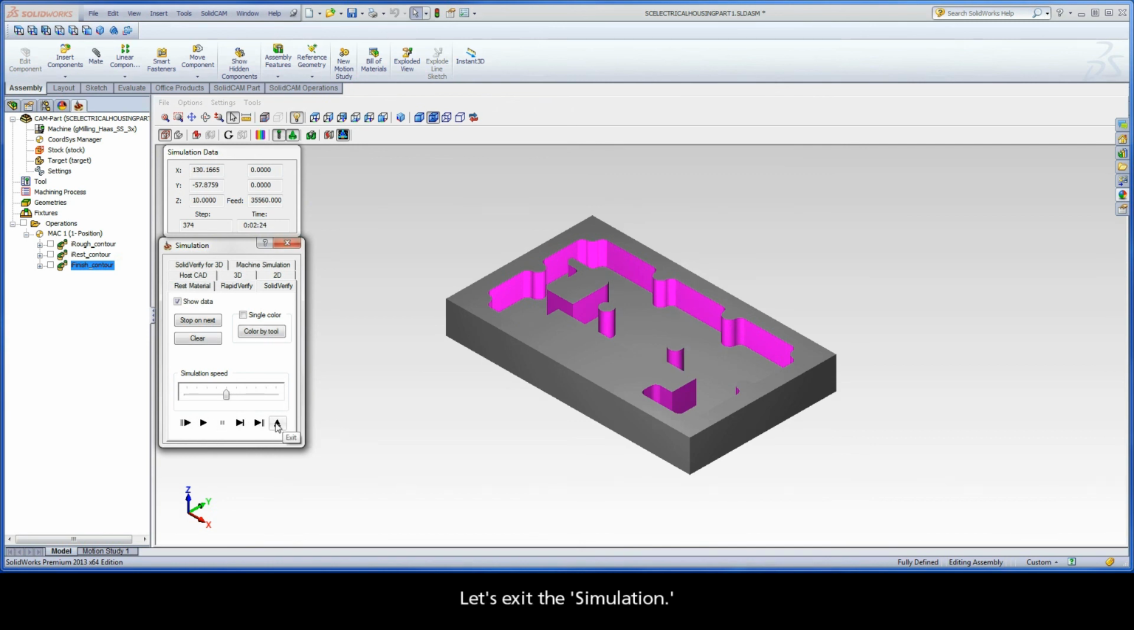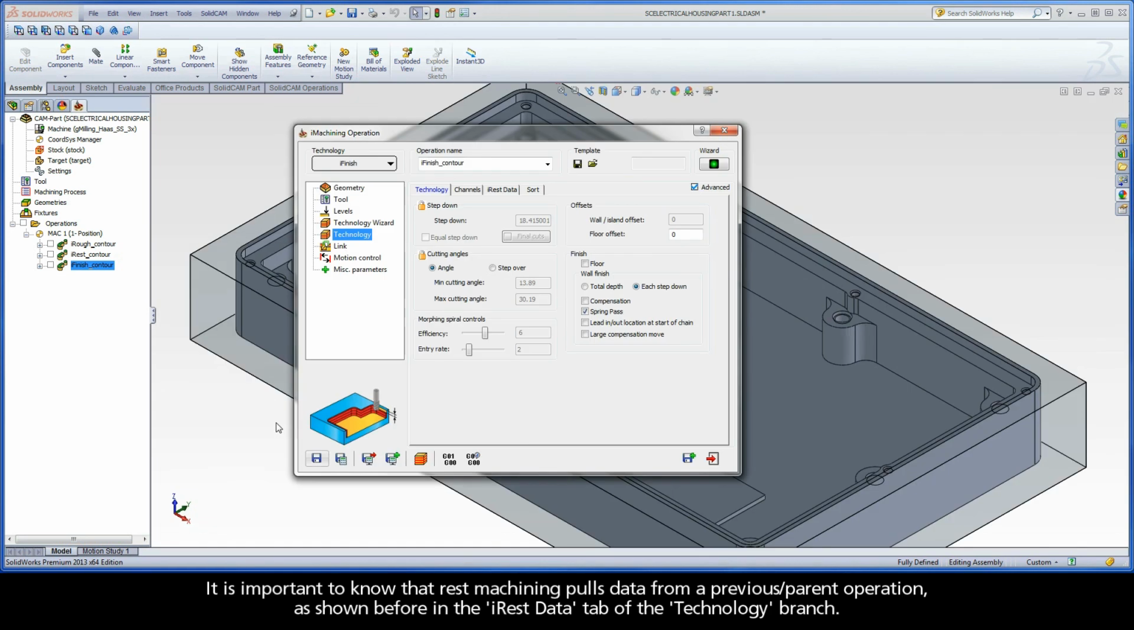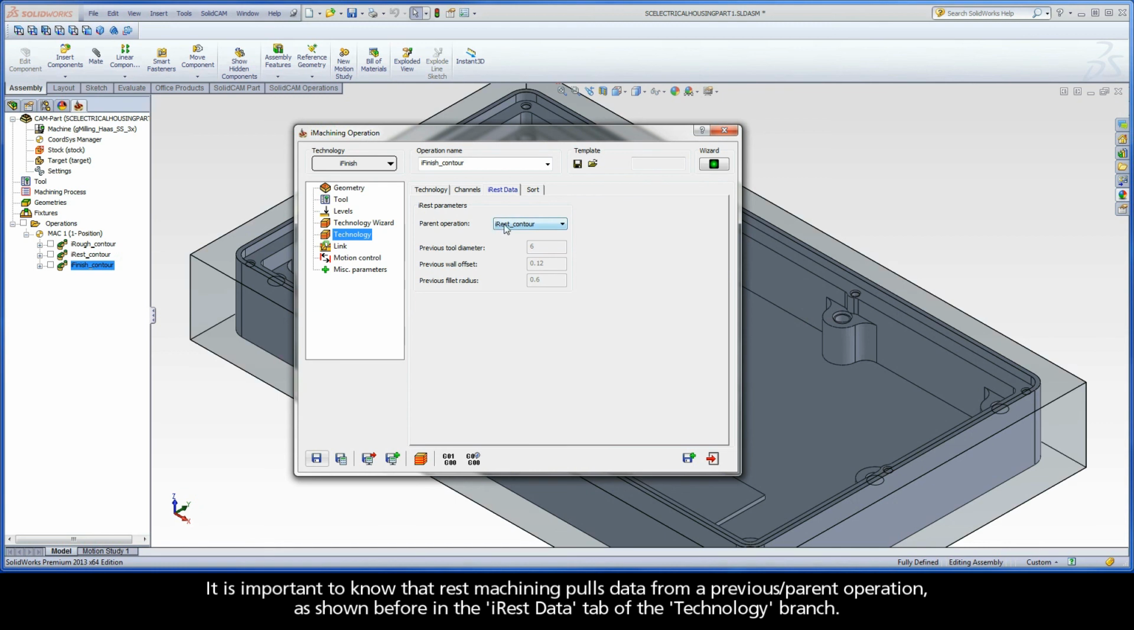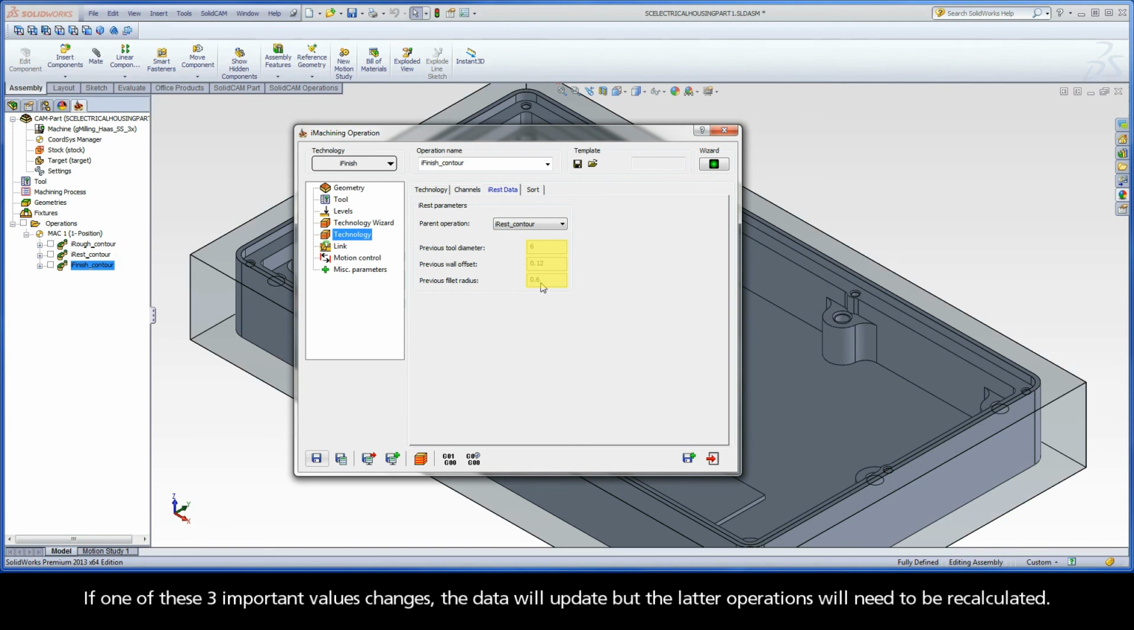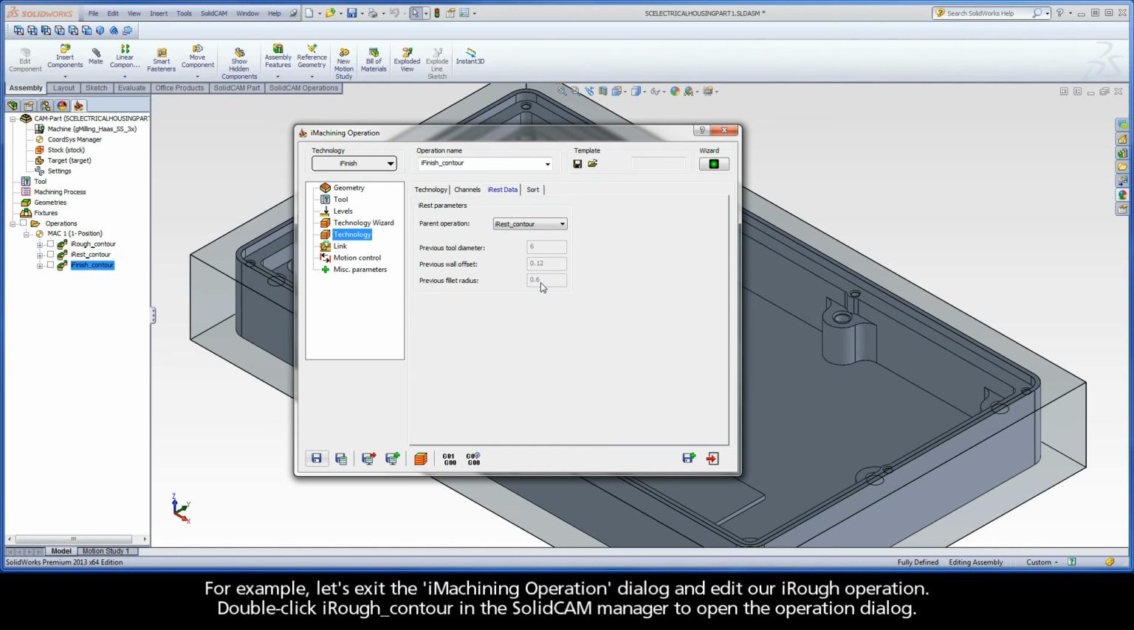Let's exit the simulation. It is important to know that rest machining pulls data from a previous parent operation, as shown before in the iRest Data tab of the Technology branch. If one of these 3 important values changes, the data will update, but the latter operations will need to be recalculated. For example,